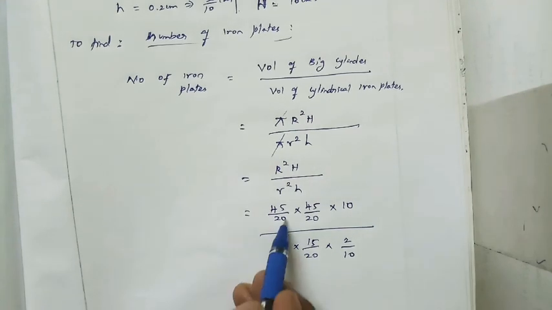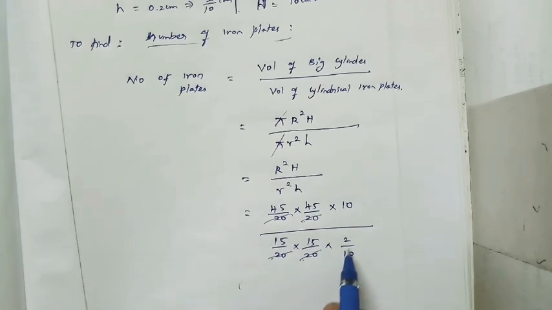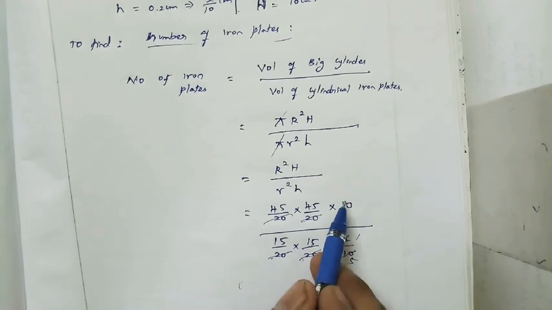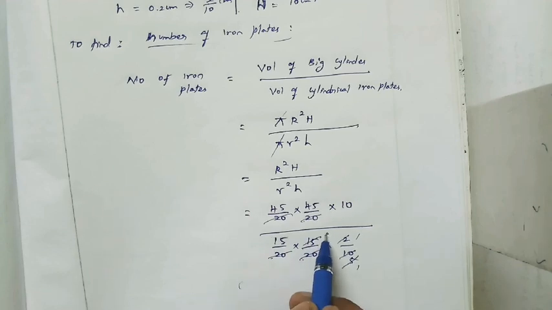See here, 20 will get cancelled. This denominator 20 and this denominator 20 will get cancelled, right? Remaining is nothing but 2, 1 times 5 times. See here, we can't cancel the 10, because in the numerator the 10 is present, and in the denominator also we have 10. Differentiate properly. So I'm simplifying here itself. 5 1s are 5, 5 3s are 15, right?